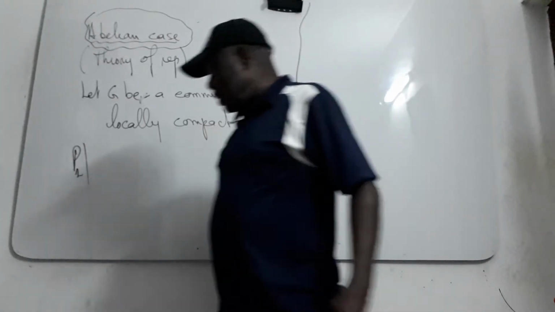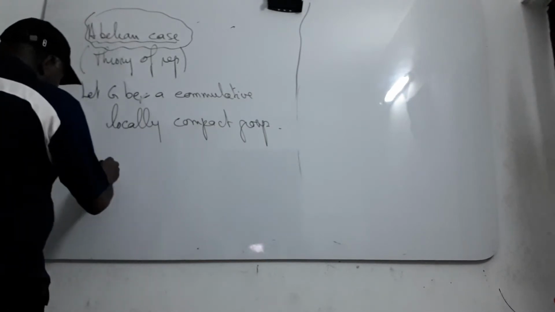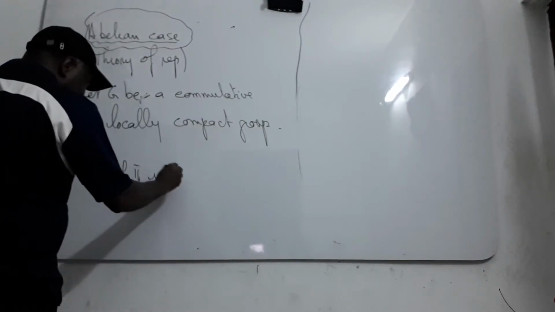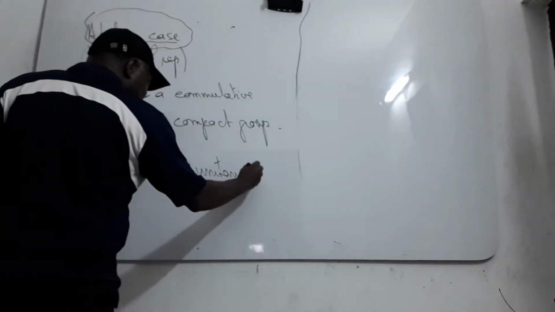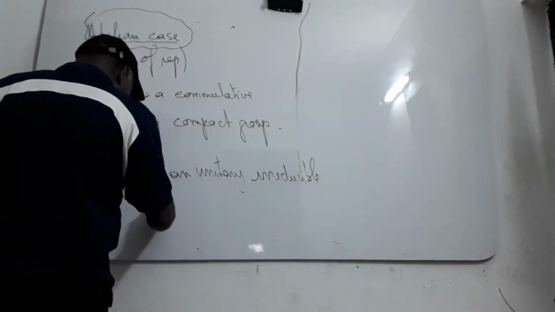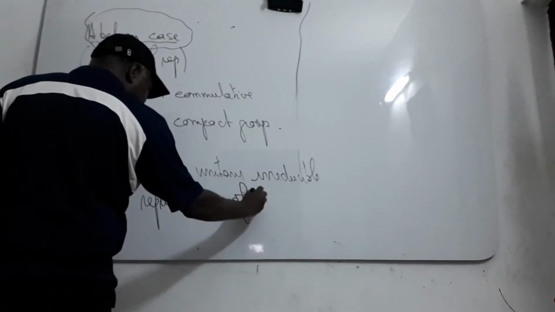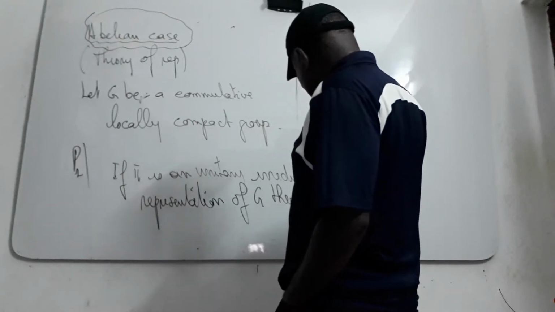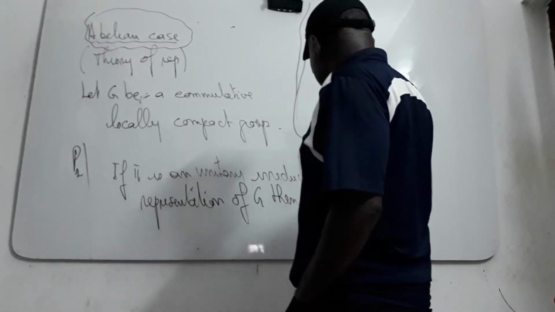The first one is that if pi is a unitary irreducible representation of G, then